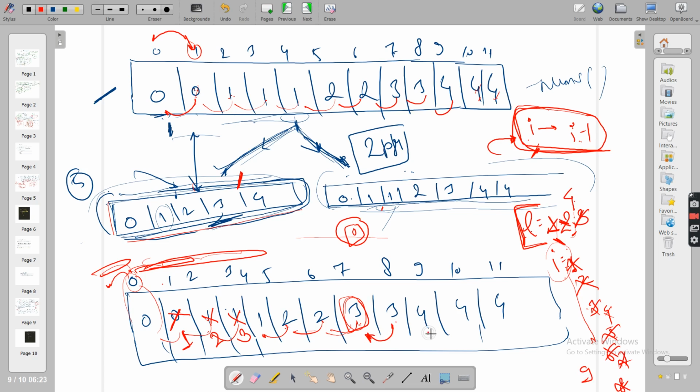Now this 4 is unique, obviously, because previous to it you are getting 3, and you had not got 4 till now. So this 4 will go at the L index, because L index makes sure that you put the new unique value at this particular index. So this 4 will go here. You'll increase L to 5, and then if you increase I, you're done with that.